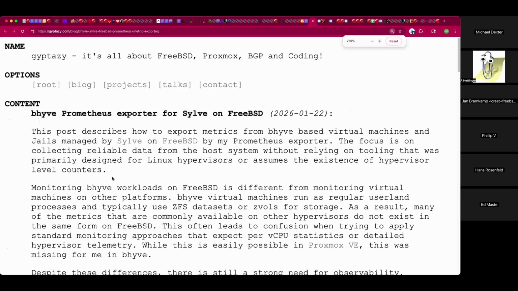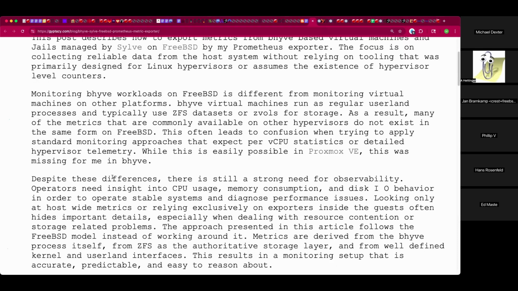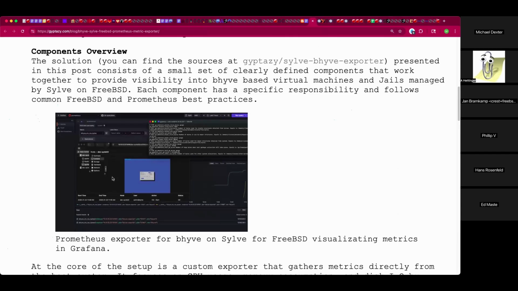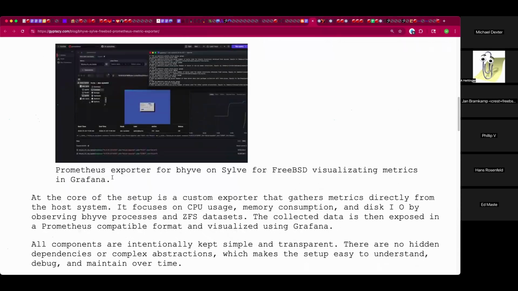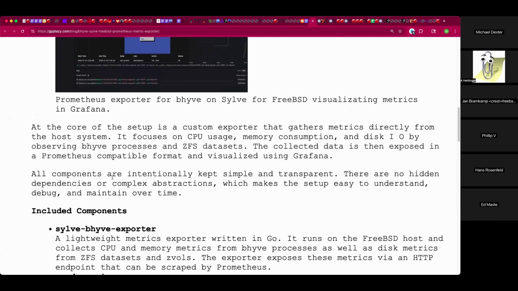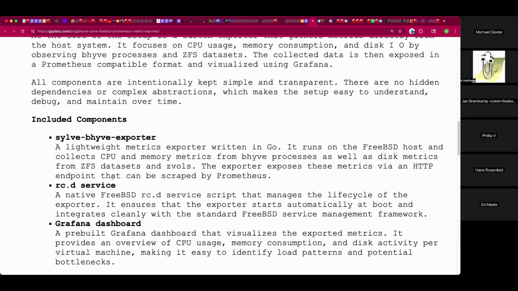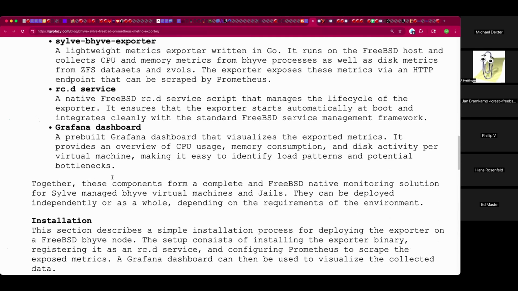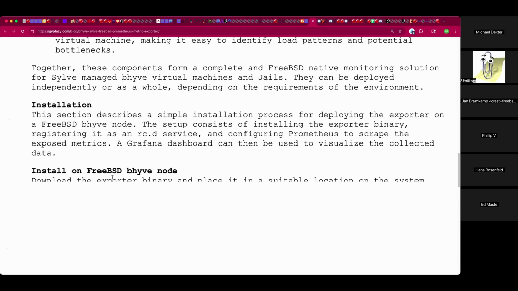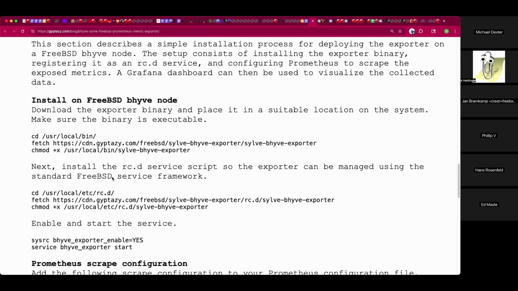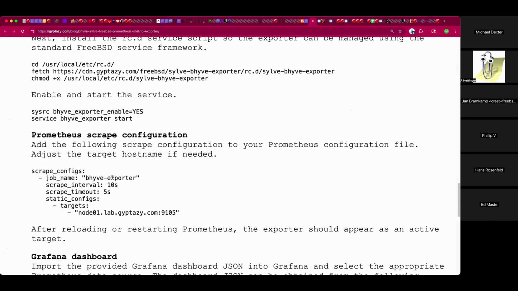So hopefully we get to use a base adjacent tool for his integration, a bit like what looks to be a Prometheus exporter for Sylve. So Sylve is definitely getting some attention. Ed, thank you for any and all participation you've had in that effort. I'll say it again, Hazem's been a delight to work with and very responsive to input from users.